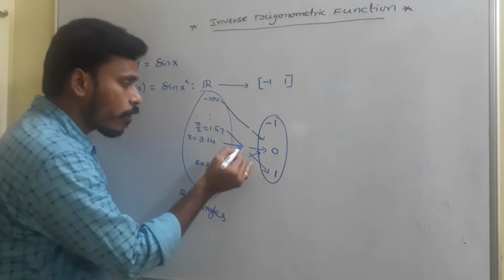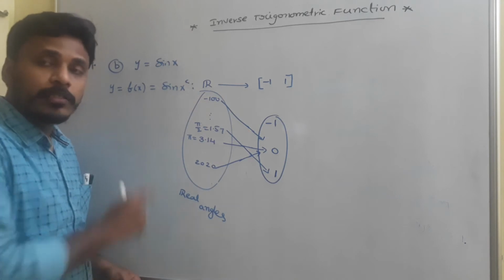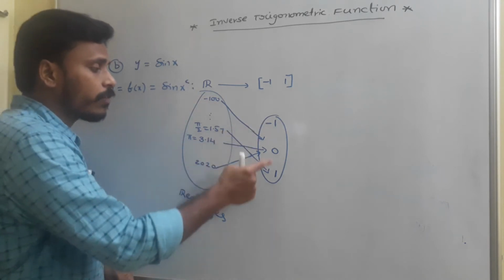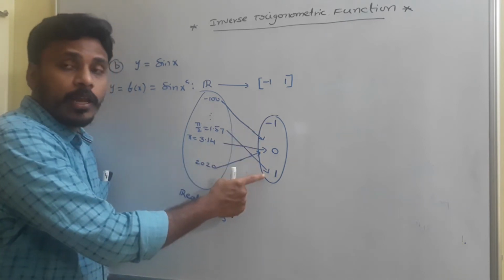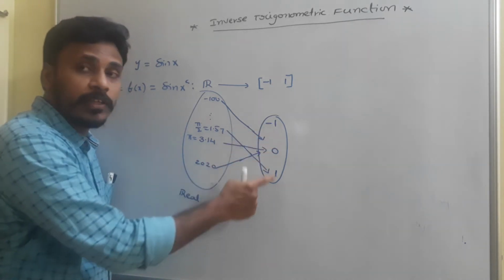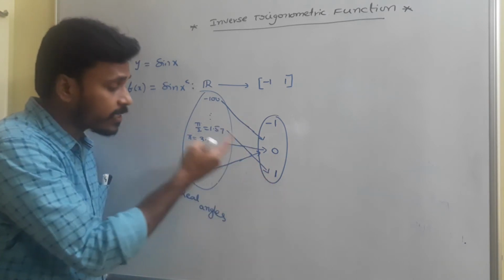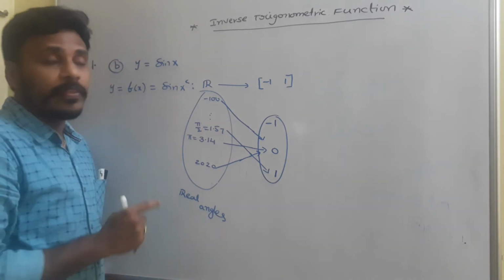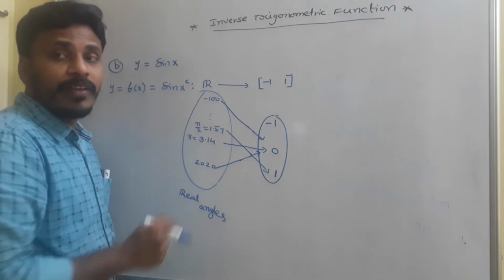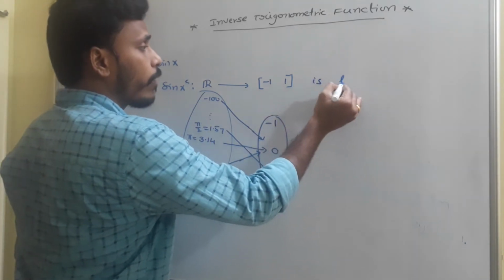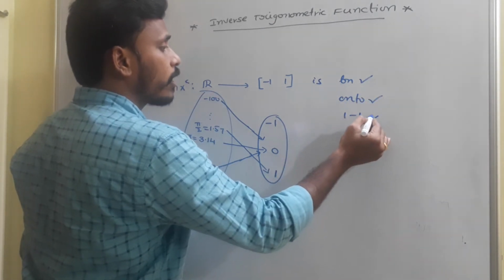Now if you observe, for any real angle, if you replace it in the place of x, you will get the answer just in between minus 1 to 1. Since the range of sin x is from minus 1 to 1, now if you observe any number of the second set, for sure every element of the second set has a pre-image in the first set. And that's why now this function from real numbers to the interval minus 1 to 1 is a function onto but not one-one.